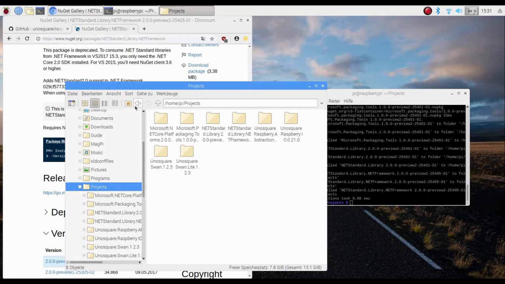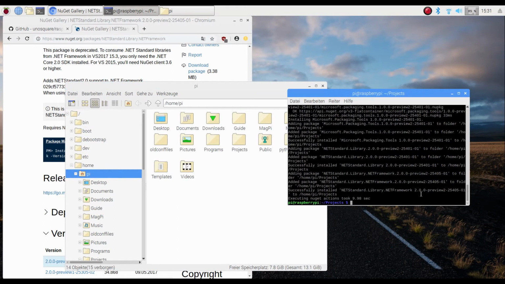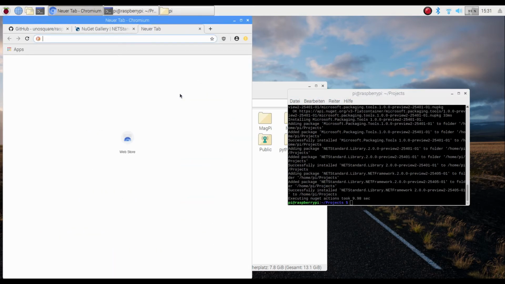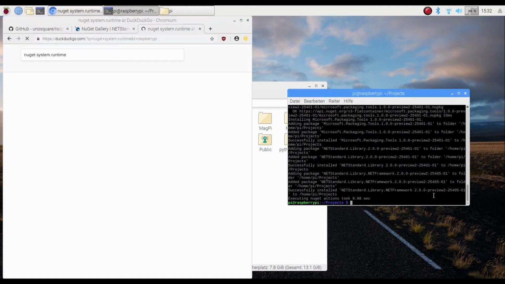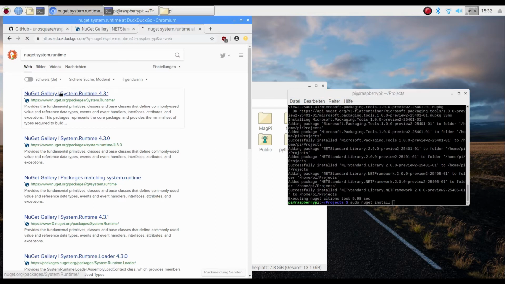Isn't this cool? It actually might have been a good idea to make different folders for those as well, but nah, it's actually fine. And now I think that we might need to also install system.runtime. This happens sometimes, like sometimes it says it's required and sometimes not. I've already done this entire process for the guide and for the documentation. If it tells you that you need to install system.runtime, I'm just going to quickly show you. You just search for NuGet system.runtime. Or actually, you can just do sudo NuGet install, and you would have this exact package